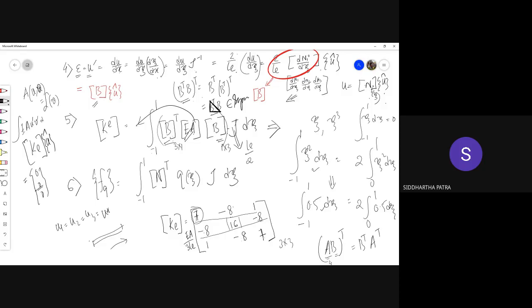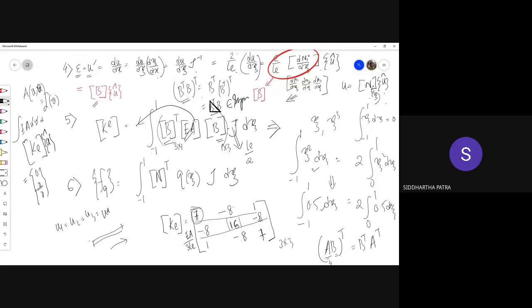Okay, so check your calculations. I think this is what the expression should be. You see, it is going to be 16 here. The central number I remember, so I marked that. But since the central number is 16, it has no reason to be partial to node 1 or node 3. It is in the middle, the second node. Hence, both the entries are going to be -8. And because these two are -8, these two are also -8. But I remembered some of the terms are also 7. Each row must have a sum of 0, and because it is symmetric, each column also has a sum of 0.